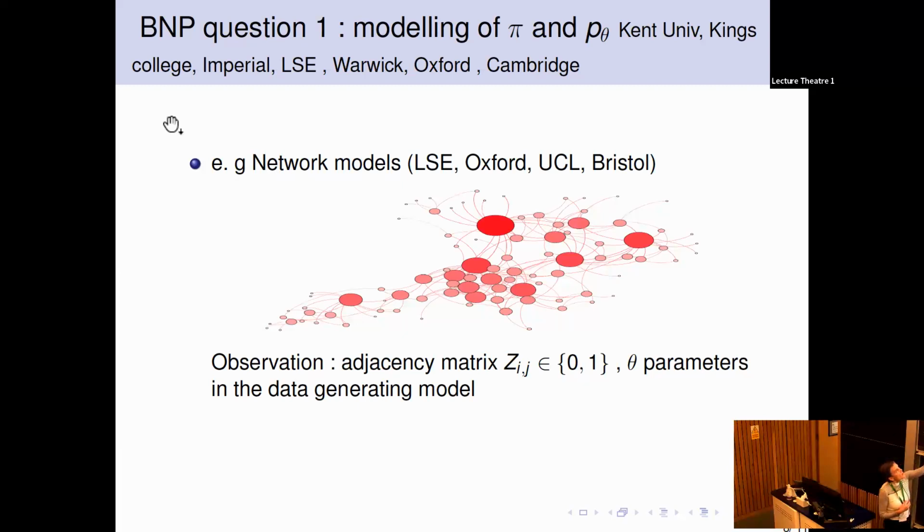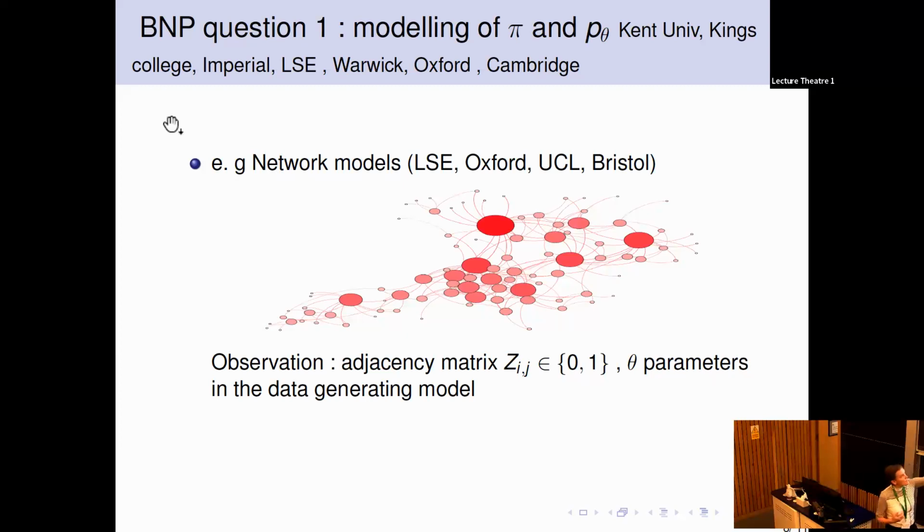I've listed some important ones, but there are others upstairs. Just as an example, imagine that your data is a network. I've plotted a network, and you want to construct generative models for this network. There are models that exist in the literature, like the Erdős–Rényi graph, but they are limited because they are dense graphs. If you want a sparse graph, it's more complicated. How can you construct a probabilistic model for sparse graphs?